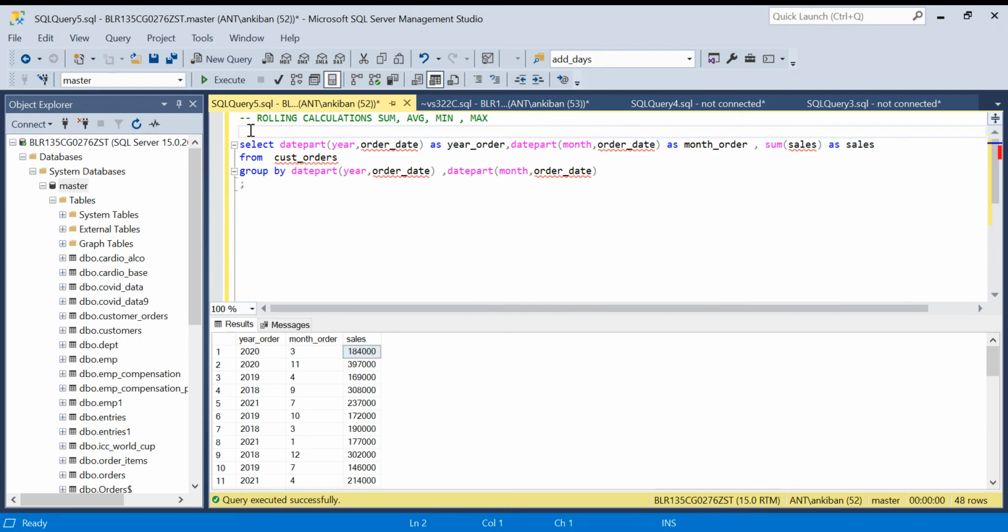Now I will create a CTE of it with year, month, sales as, okay, and this I will use further in my final query. Let's start now. If I do this, I will get the exact same data. So now I have to find the rolling sum. So what I'm going to do is select everything from this table, plus I will do sum of sales again